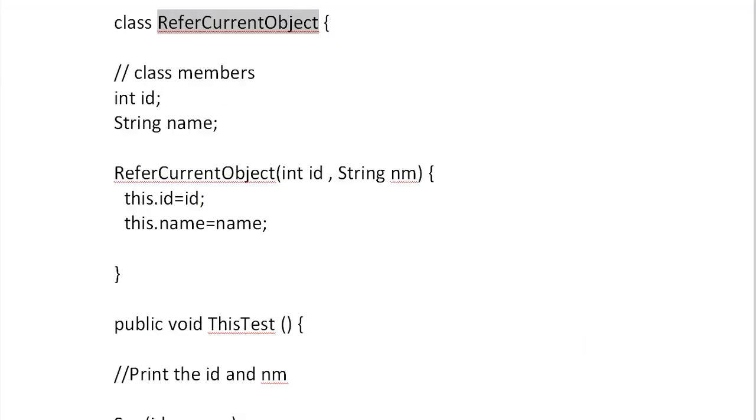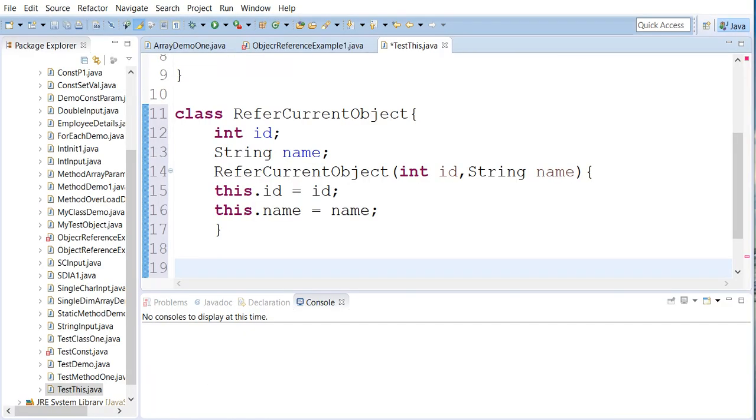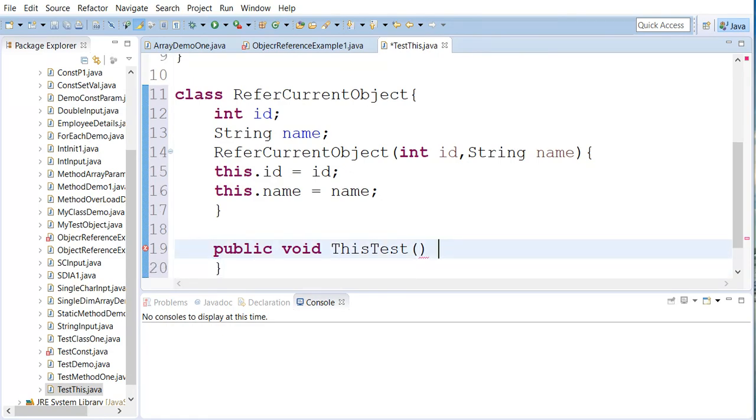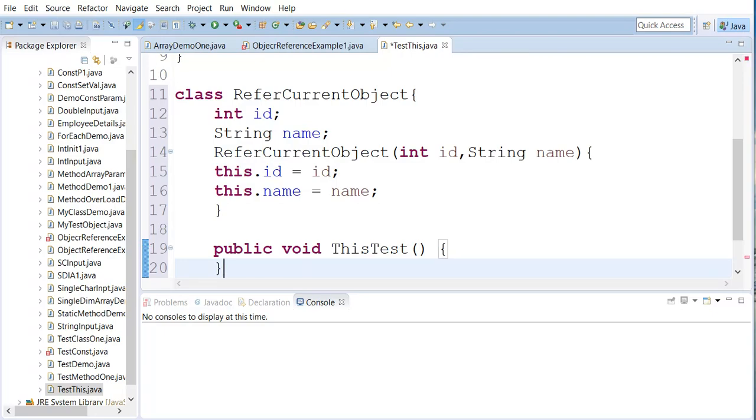Now the second step is we need to create one method where we need to print id and name. So the method name should be this test. Let's say public void this test. This is a method, and the job of the method is to print the id and name.